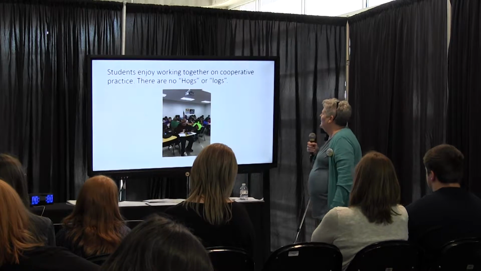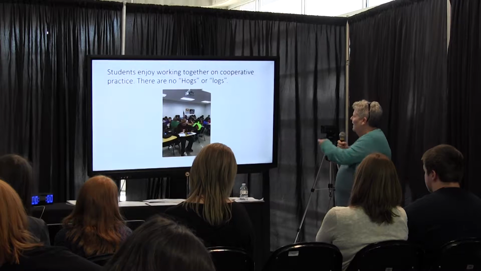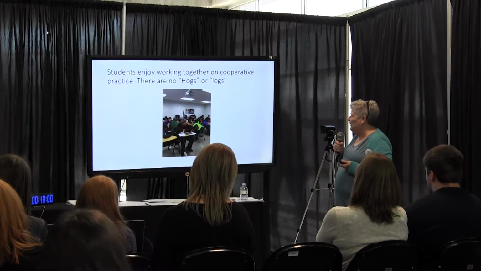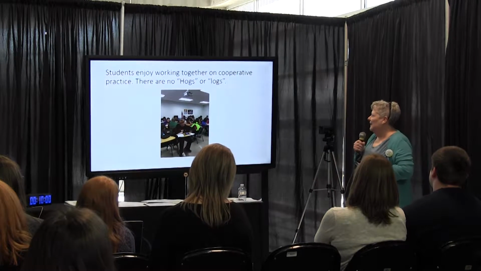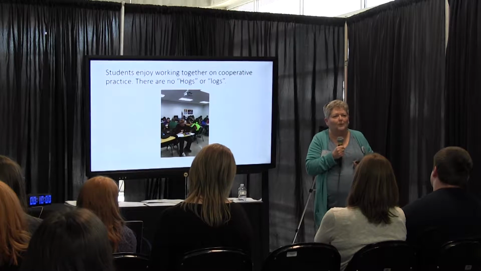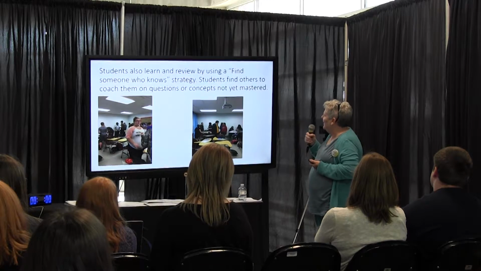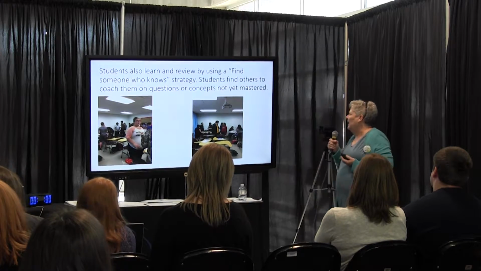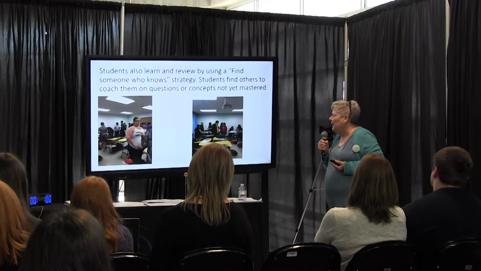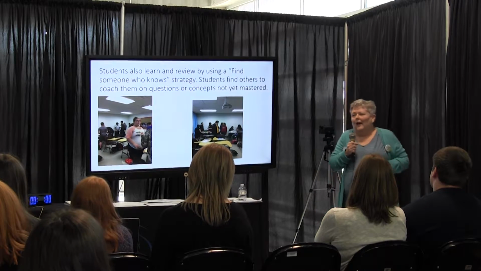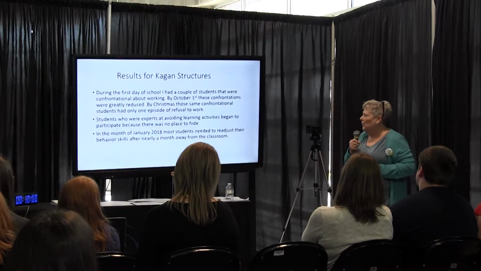And Kagan encourages students to work together. As you see here, a lot of those students are working on things. They each have a role, they each have to do it. Hogs and logs. The hog was the poor kid who got stuck with all the work. The log is the kids who managed to hide within that cooperative learning. They no longer do that. As they go through, they have things that they can do. One of the strategies is that they go around and find someone who knows. Find someone who knows can be a fun activity, or it can be a review activity, or even a form of coaching for students to find someone who knows the answer if they don't. Those things work really well.